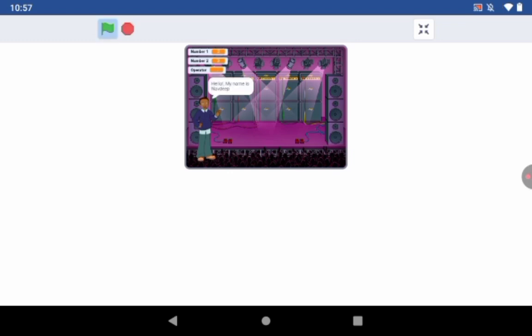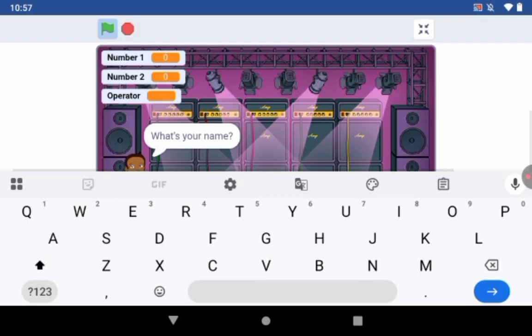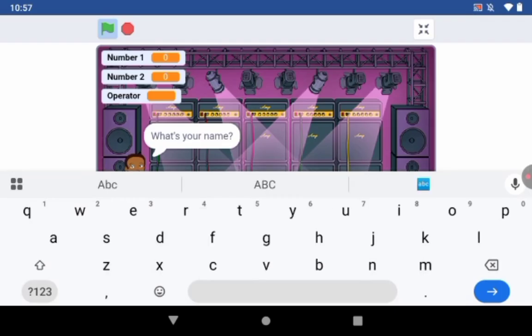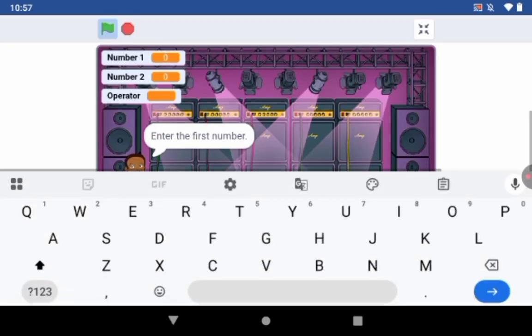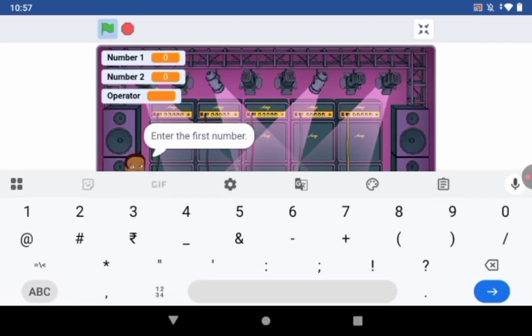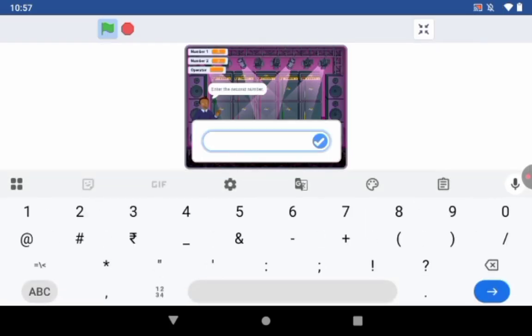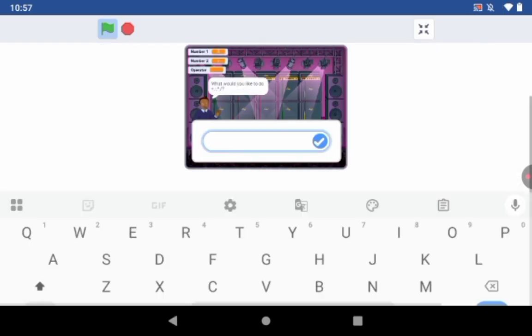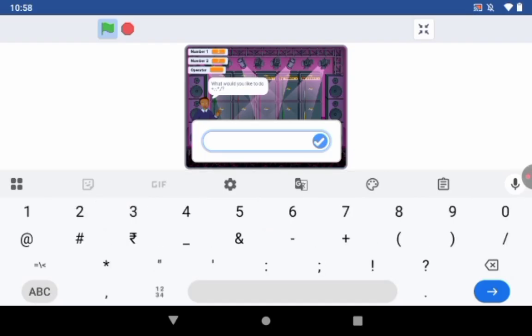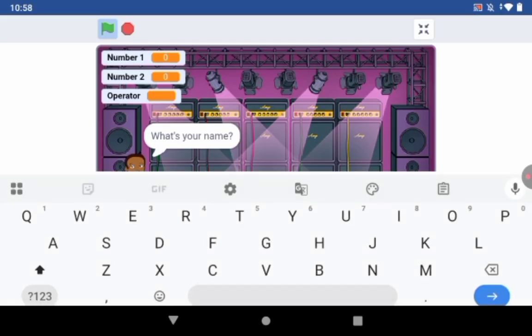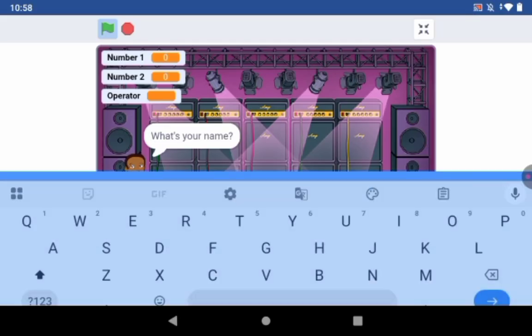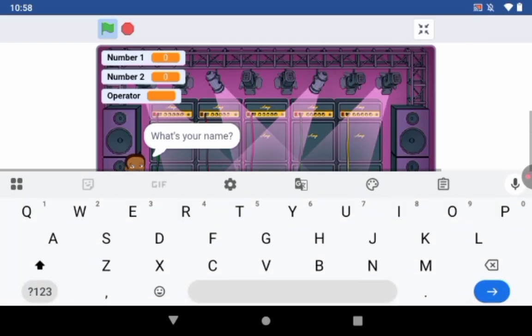Suppose I want to do the addition. What is your name? My name is ABC, okay. Then enter the first number. Suppose I entered 5. Enter the second number. Suppose I have entered 7, okay. Then what would you like to do? Suppose I want to do addition of 5 and 7. Then what will be the answer? Answer will be 12, okay. Similarly, if we want to do multiplication, if we want to do subtraction, then what is your name? Suppose my name is